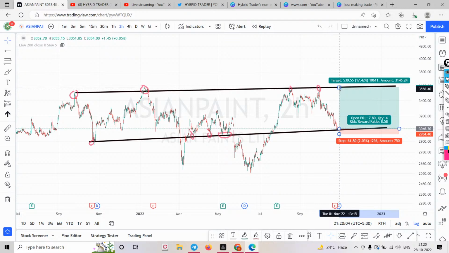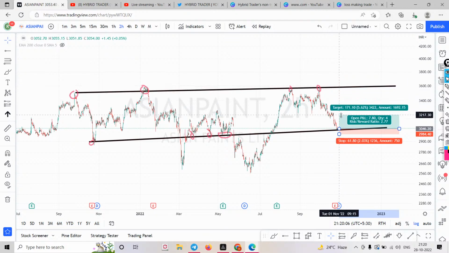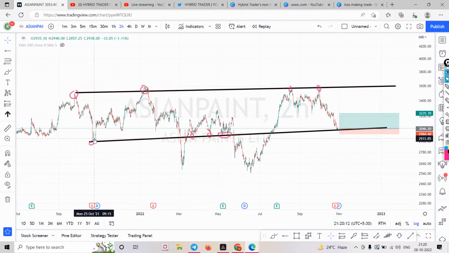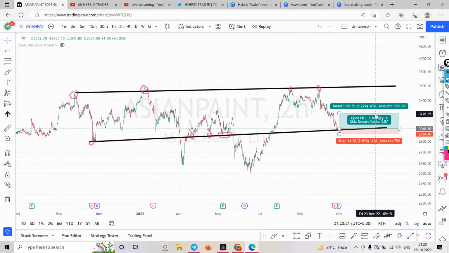If you're not happy, even if you just go for this target, you're getting 1 to 3, because whenever the stock has taken the support, it bounced back. When it took the support, it bounced back. So who knows,